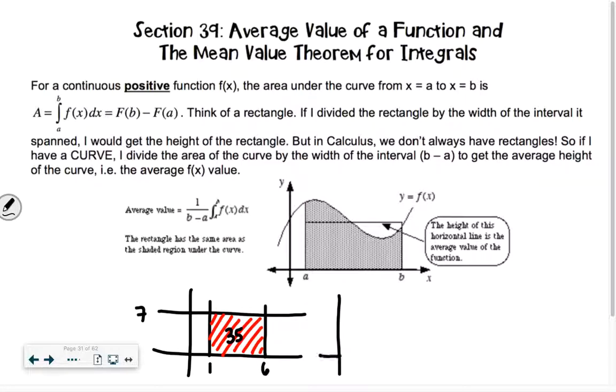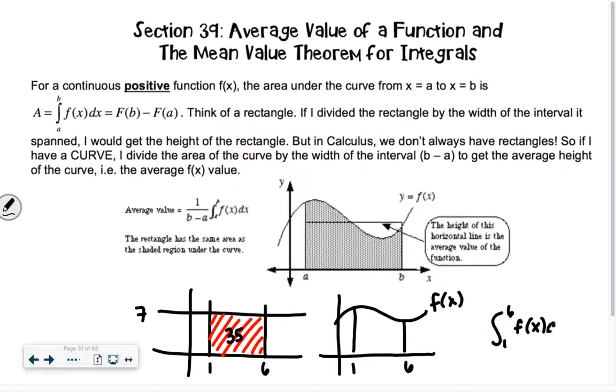But if you have a function where we don't have the same height going across, so if we just have a generic f of x, and again, I go from 1 to 6 or something like that, a to b. When I talk about the area inside here, it's an integral. It would be like the integral of f of x from 1 to 6, right? That would be the area that's inside here. If I wanted the average height then, how would I do that? So what did I do in the first one for the rectangle? I said I had an area of 35, and what did I divide by to get a height